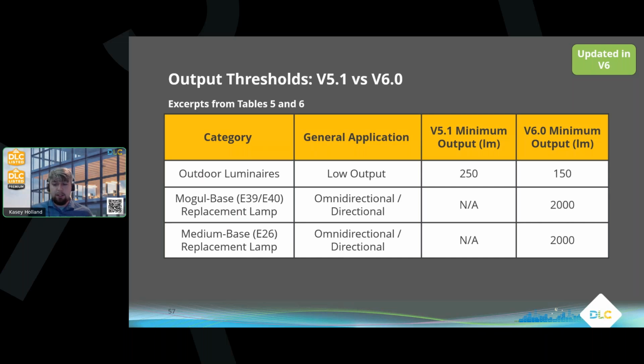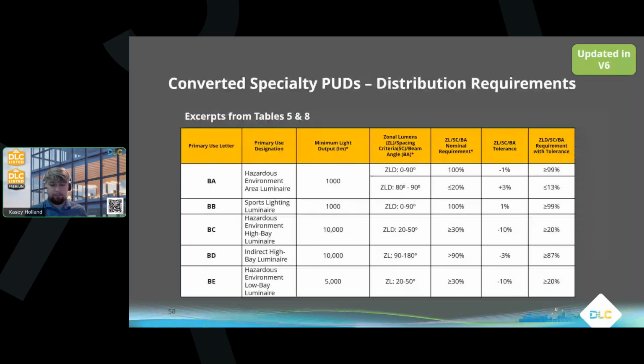So now let's take a look at the new distribution requirements for converted specialty PUDs. All right, here's a look at the new distribution requirements for the converted specialty PUDs, which can be found in table 8 in the document. I'm not going to linger here, but you can download the slides or review in more detail in the final policy and reach out for sure if you have any questions or concerns with these values